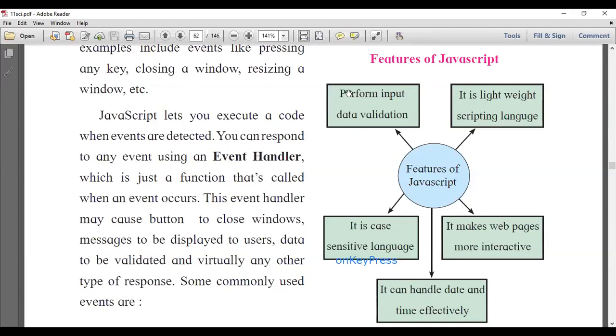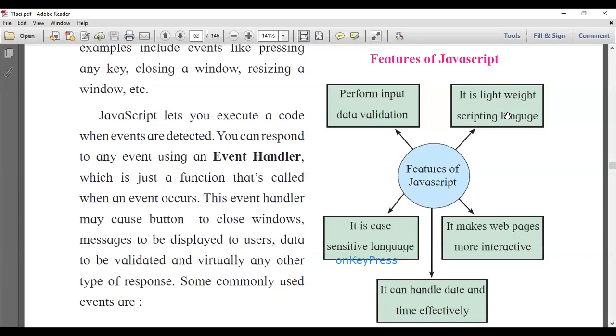To perform input data validation, which means whether the data entered in a form is valid or not can be checked by using JavaScript. So when you enter an email ID in an email box, whether that email ID is correct or not, this validation is done by using JavaScript.